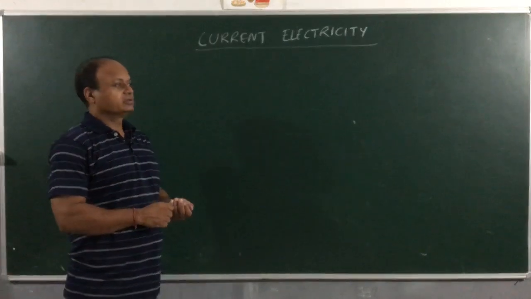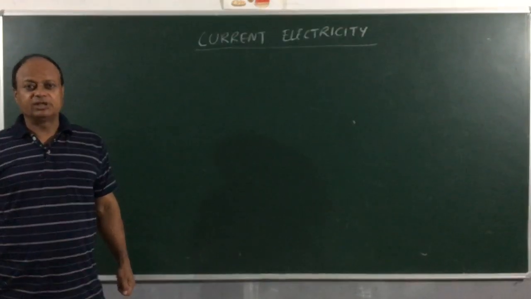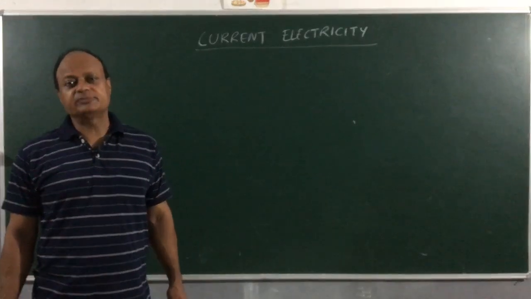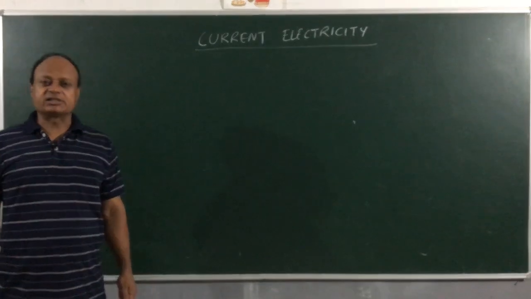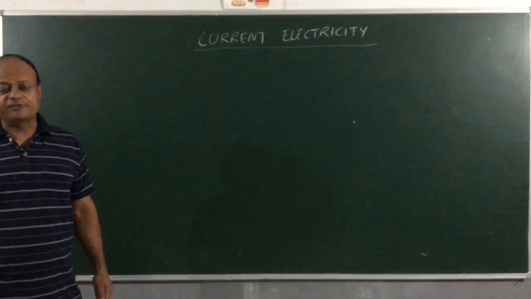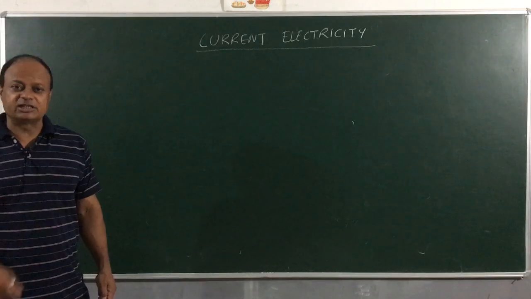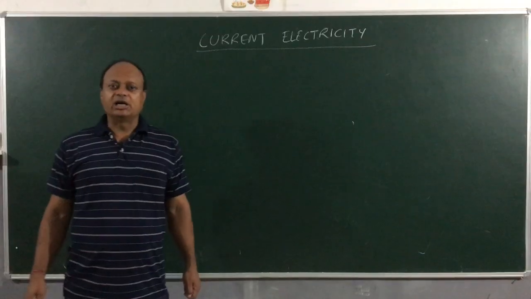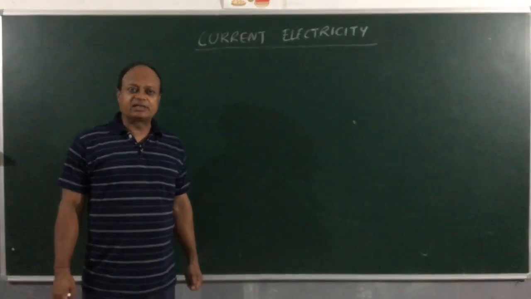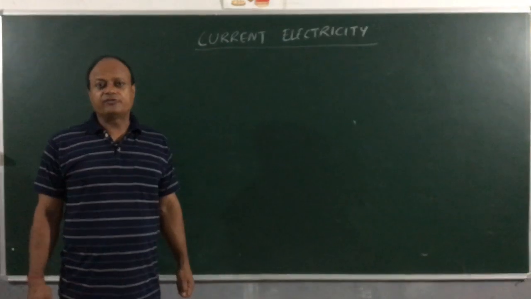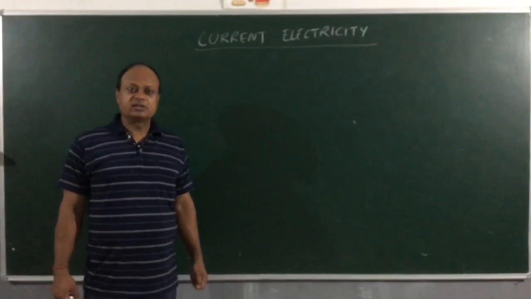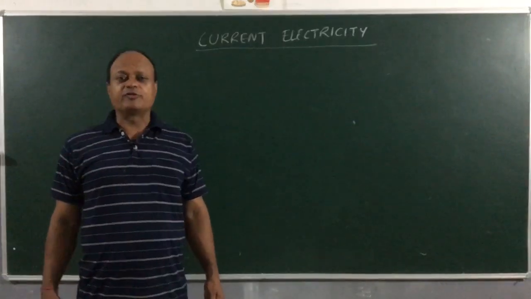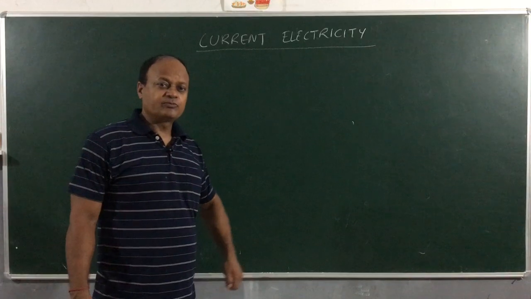We will be starting our next lecture in current electricity. In the last class we covered the concept of electric current and we also discussed the concept of drift velocity. Only part of it we did, the relation between drift velocity and the electric field. Now when we discussed what is electric current, we dealt at length with the concept of potential difference, which is very crucial for maintaining continuous flow of current through a circuit, right?